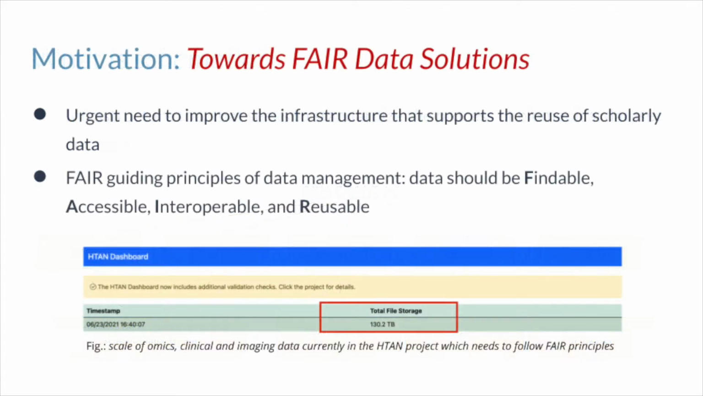The FAIR data principles of findability, accessibility, interoperability, and reusability are guidelines that enable better data management and reuse of scholarly data. In the omics era of the life sciences, we are producing information on various levels of biological systems like genomic, transcriptomic, proteomic, and others where the data is big. As one example, the Human Tumor Atlas Network or HTAN initiative currently has approximately 130 terabytes and counting of omic,